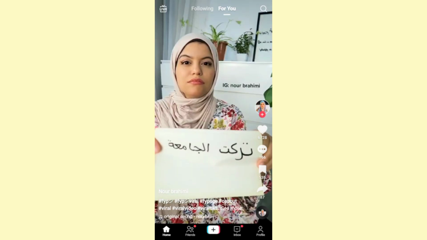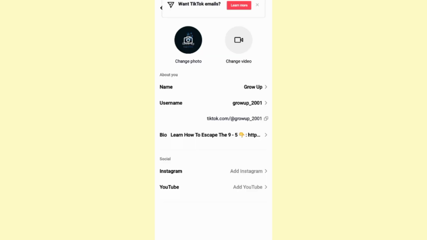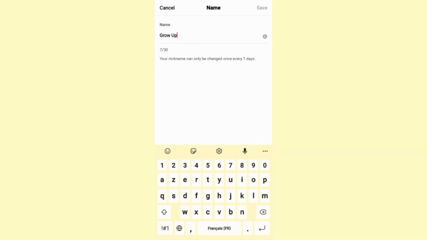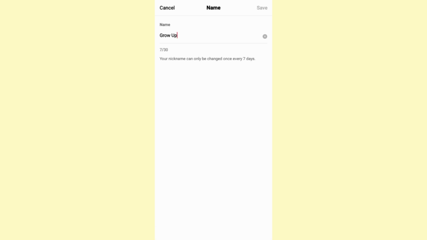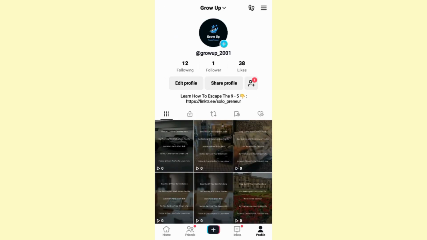So let's go ahead and open up TikTok, and then let's navigate to our profile page. Now, as you might know, when it comes to changing the TikTok name, you can see that TikTok tells you here that your name can only be changed once every 7 days. Now, what if you have changed your name, but for whatever reason you wanted to rechange it again before 7 days has gone by? Now, as of right now, TikTok does not give you that feature or option, but there